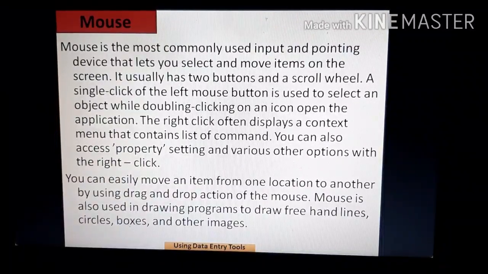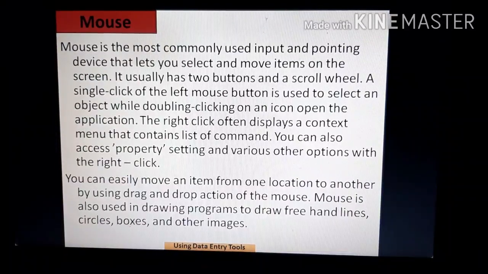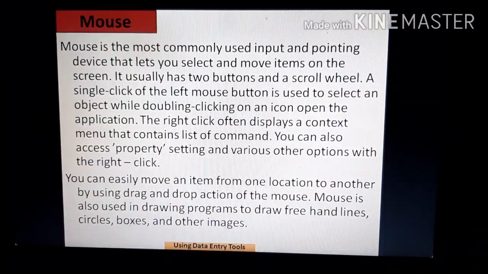So mouse is the most commonly used pointing device rather than joystick, touchpad, or you can say trackball. There are various functions of the mouse. When we are double clicking the left button of the mouse, that means we are opening any file or folder. When we are right clicking with the help of the right button on the mouse, we are getting a small menu bar option.